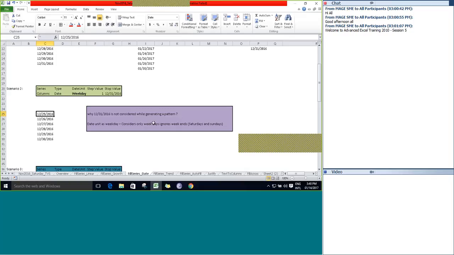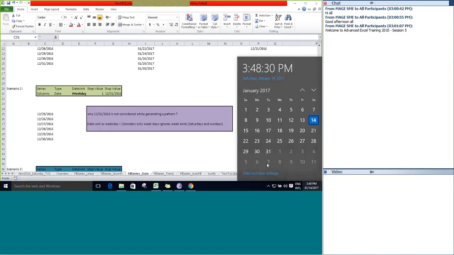Here you can see it starts from 25, 26, 27, 28, 29, and 30, and you cannot see 31 here. It stops at 30. Let's see where it falls. Here you can see that 30 is a Friday, whereas 31 is a Saturday.